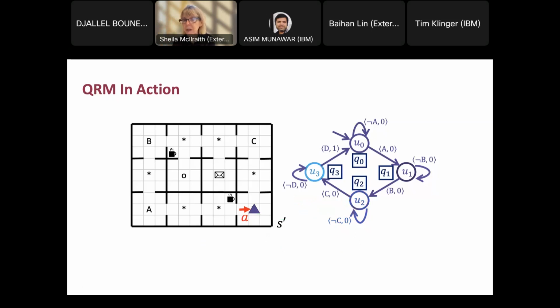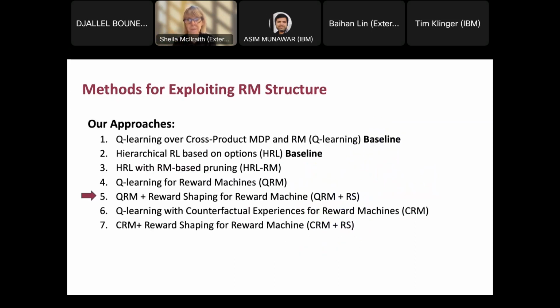However, if I'm in U3, again counterfactually, if I make that move from the left of D to D, as we saw before, what's going to happen is that I'm going to get a reward of 1, and I'm going to transition to U0. So that transition tells me that the update for Q3 is 1 plus the discounted future return, which is going to be the max of Q0. So that's QRM, and very quickly, it's Q learning with this counterfactual reasoning for each state.